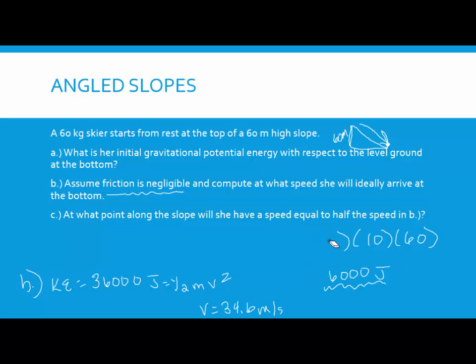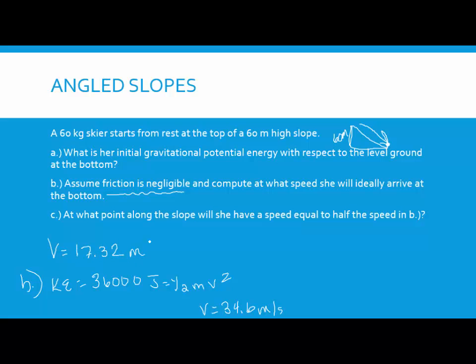But that's not the case in this scenario, because in the kinetic energy equation, our speed is squared. So the height is related to the square of the velocity, it's not a direct proportion. So we're going to do 34.6 divided by 2, so our velocity is